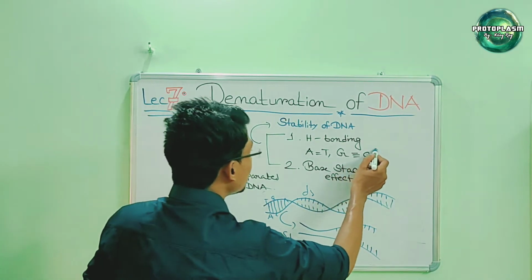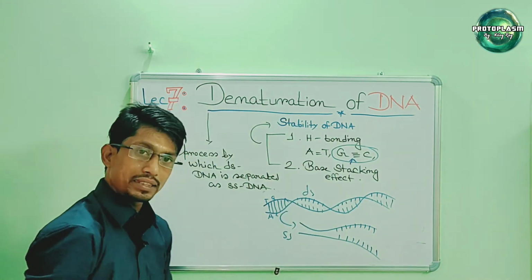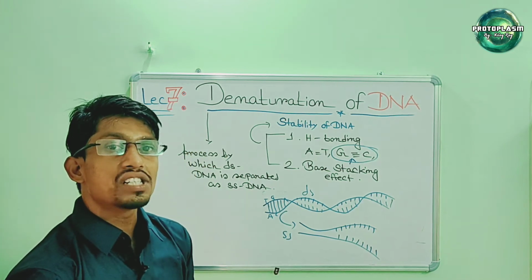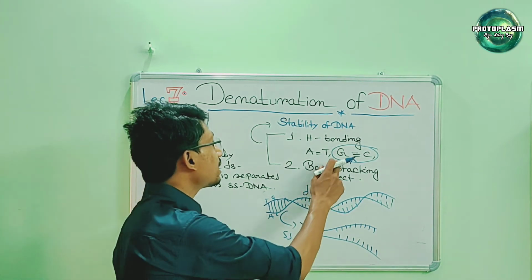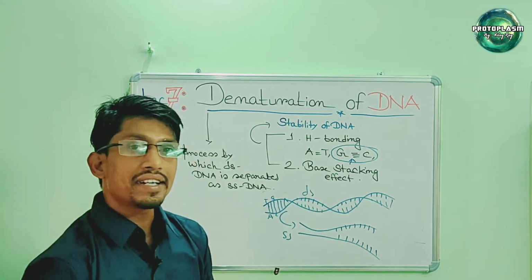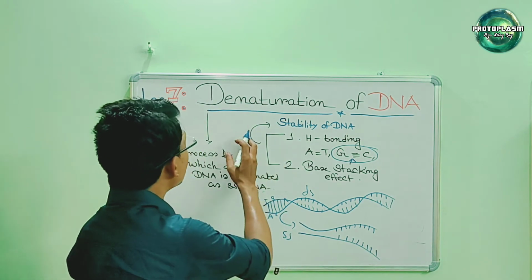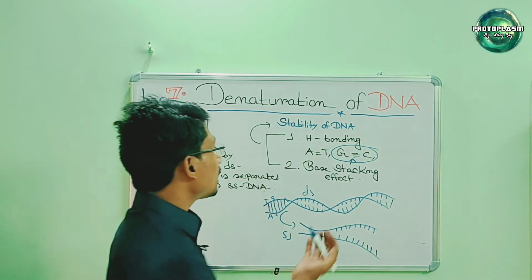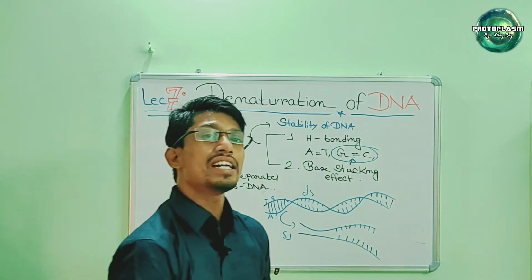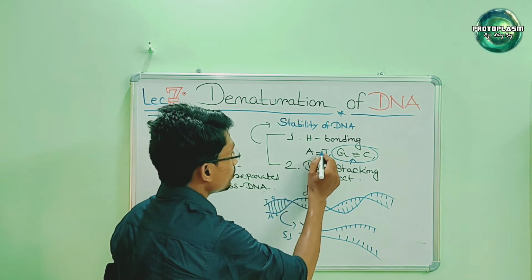As you can think, G triple bond C, 3 hydrogen bonds are present. So in any DNA where the G triple bond C content is larger as compared to A double bond T, that DNA also has a higher denaturation point, as G paired with C by 3 hydrogen bonds needs more energy to break as compared to A paired with T